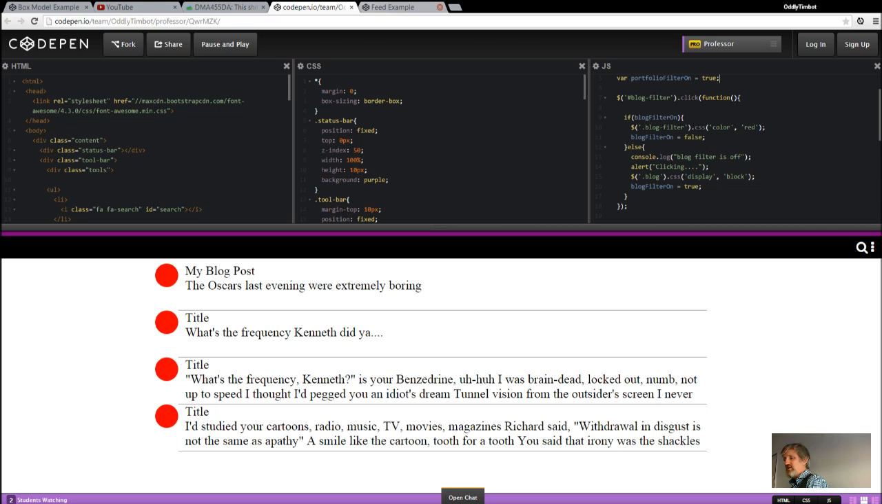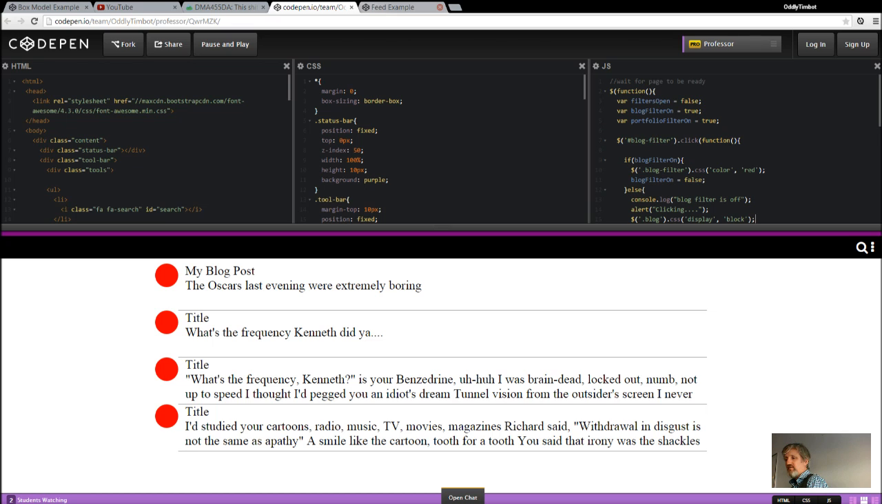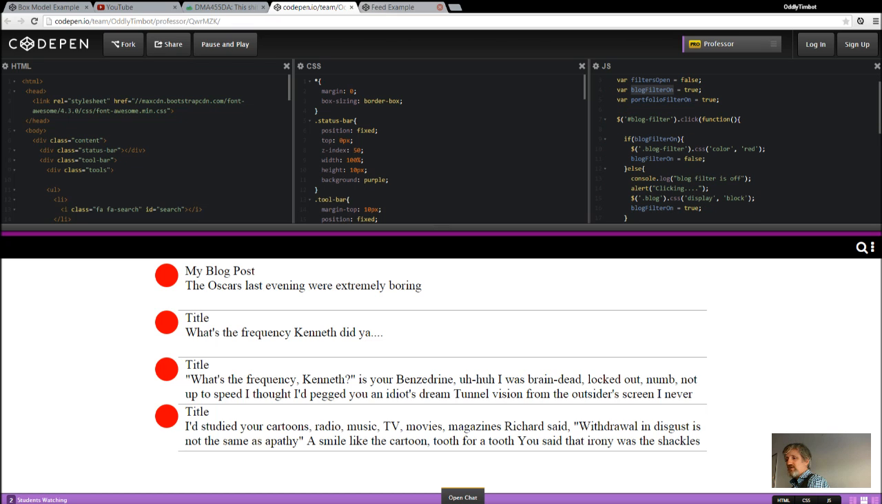So I'm going to close the CSS. I probably don't need that open. And let's take a look. So we've got this blog filter on, set to true. That's all good. So in here, there's our click handler. We're saying if the blog filter is on,